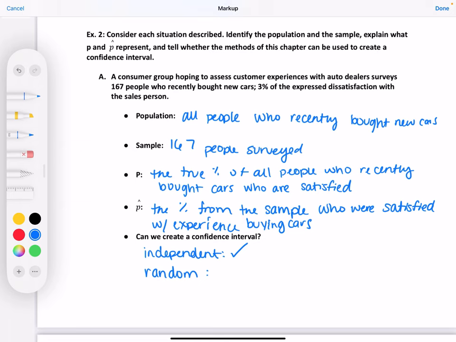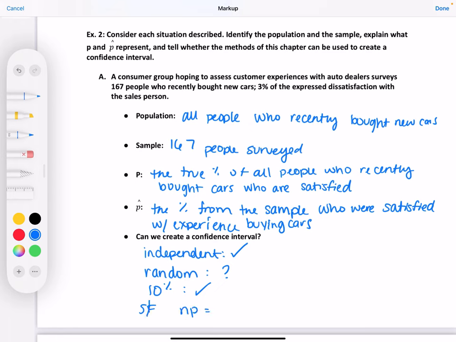It doesn't specifically say, so we're not sure, so I'm just going to put a question mark there. If everything else is met, we'll go for it, basically. If not, then 10% condition, or 167 people, less than 10% of all people buying new cars. Yes. And then success failure,